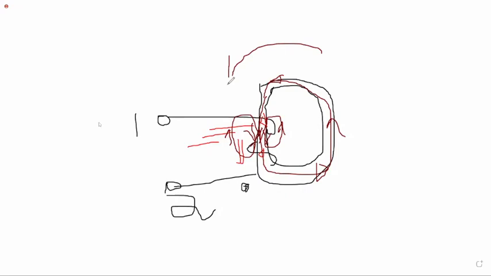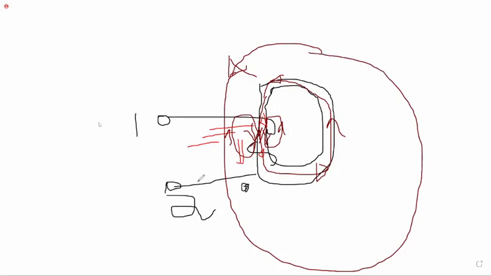The magnetic field is in the anti-clockwise direction. When you change the direction of the current, the direction of the magnetic field lines changes, and there will be a change in the poles. So in the electromagnet, we can reverse the direction of the magnetic field lines, because the magnetic field lines' direction depends upon the direction of the current. And when there is a change in the direction of the magnetic field lines, there will be a change in the poles. So we can reverse the polarity in the electromagnet, but not in the permanent magnet.